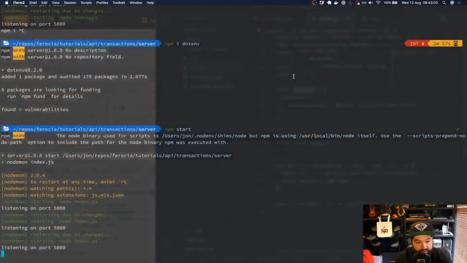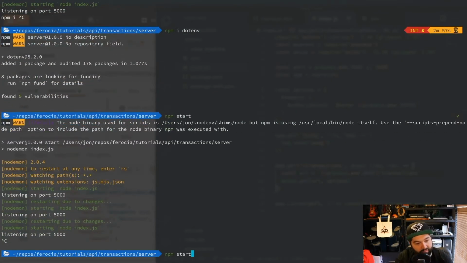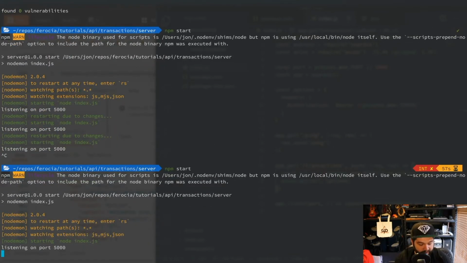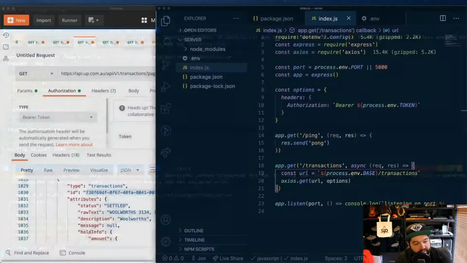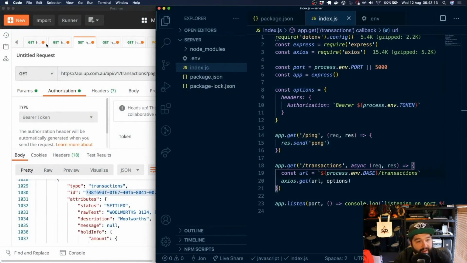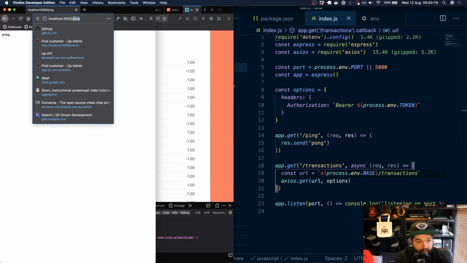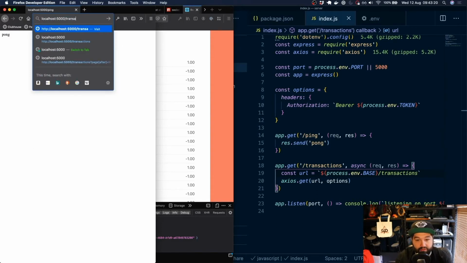Okay, so let's just quit our server again because we've been playing with different environment variables. So we need to quit our server and make sure that it's loaded those in. And now if we go to port 5000/transactions, so if we call our new endpoint,